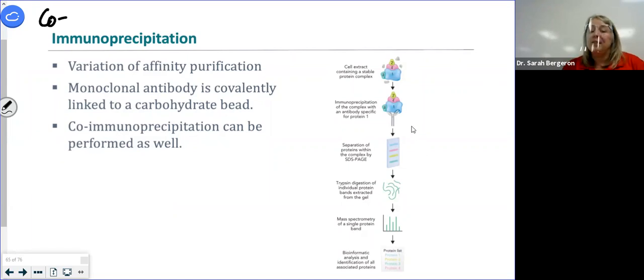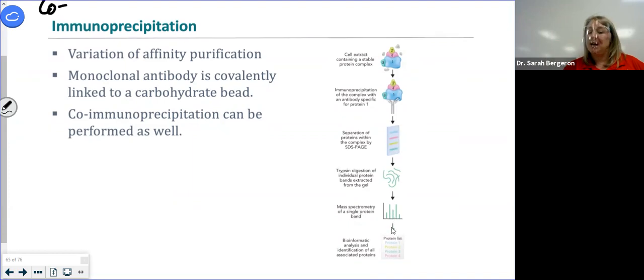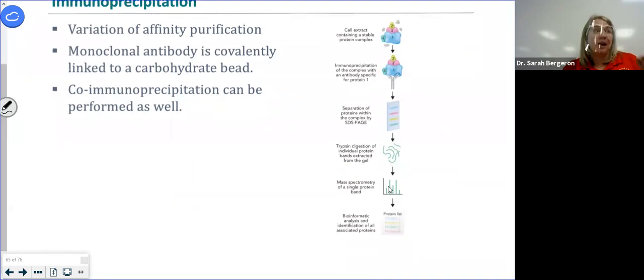And then you run that sample on a gel. So now I'm only putting in the things that are associated with actin. And then I can actually cut out individual bands and send them to a mass spec, right? But what do I have to do before? Because a protein's pretty big, I need to cut it up with trypsin or chymotrypsin or something like that. Then I can do my mass spec. And using mass spec, I can identify the exact amino acid sequences in the proteins that associated with actin. And so I can identify, okay, actin's interacting with these proteins.